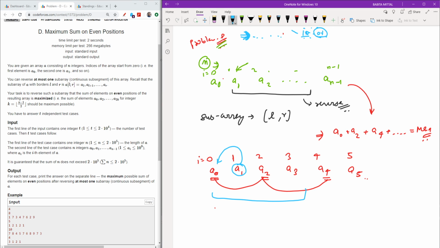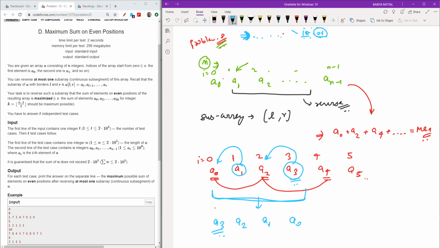Although I mean to replace odd indexes with even indexes, I mean it in a different way. When I reverse this array, it will look like A3, A2, A1, A0. As you can see, the value A3, which was at an odd index, is now at an even index, which was A0's position.